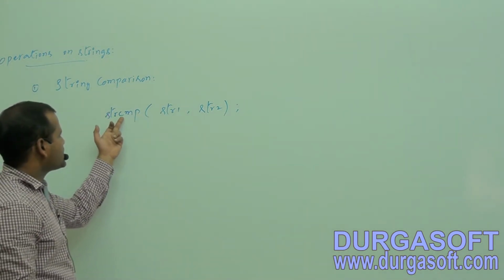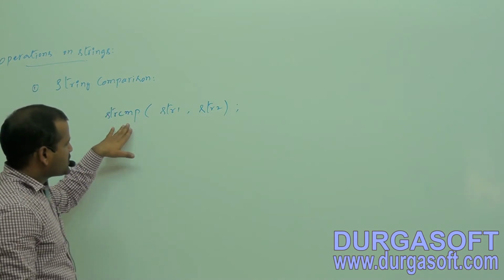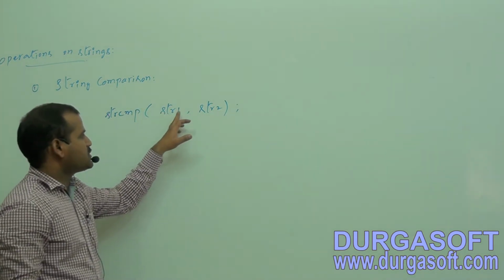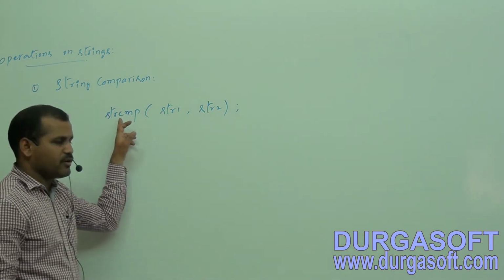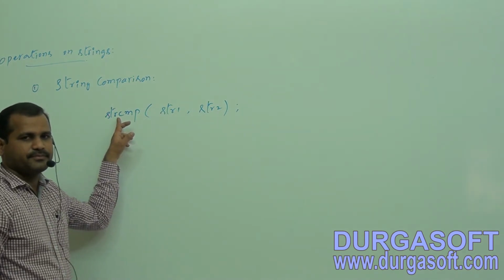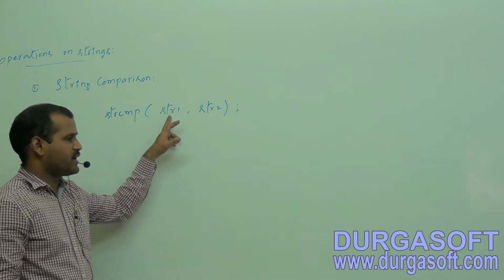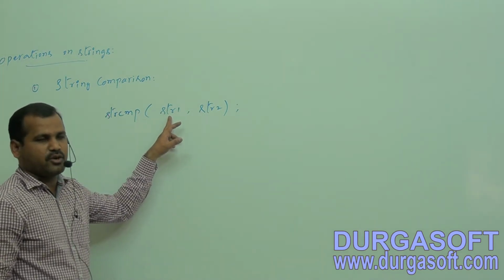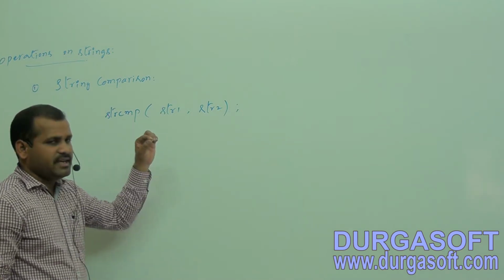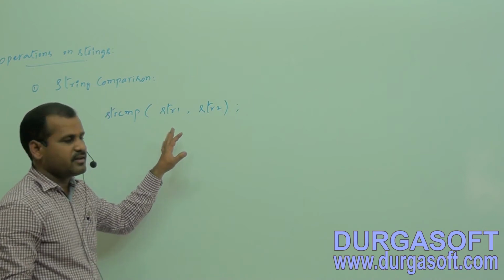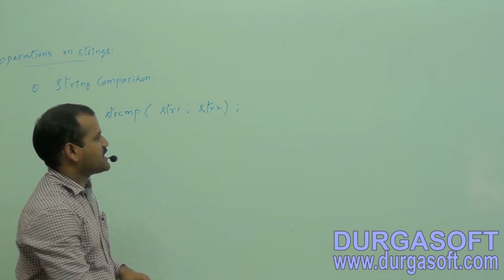This function has two parameters, string 1 and string 2. It is an already defined function, and it compares each and every character one by one. If both given strings are the same,